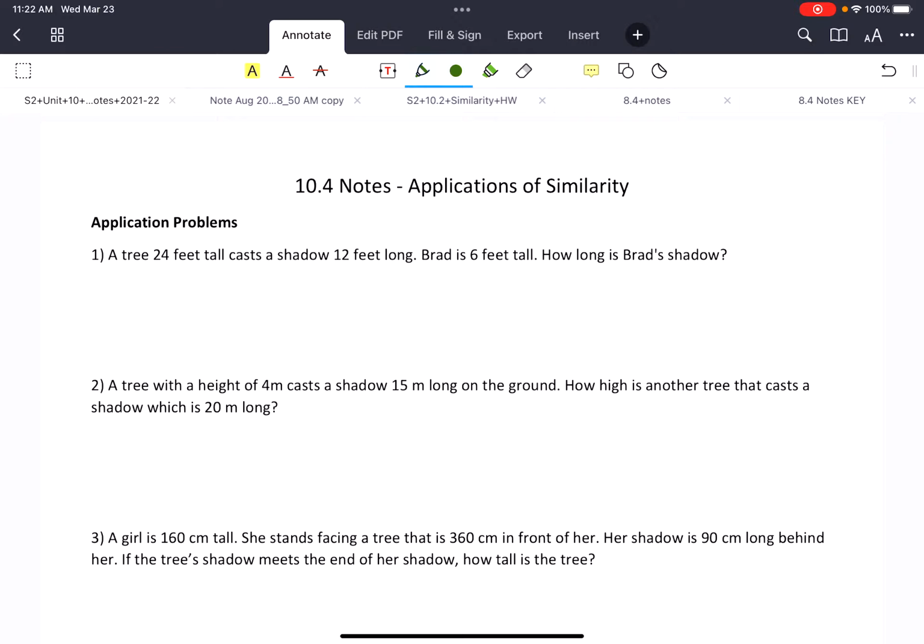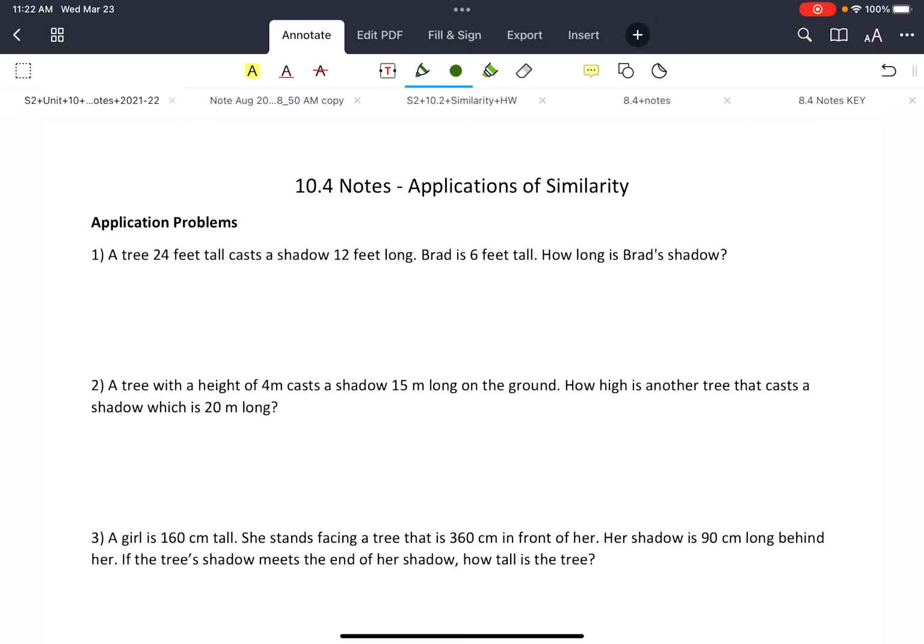Okay, in today's video, it's going to be really short, and we're just going to talk about the word problems associated with similar triangles. So, unlike last lesson, this is more like where we were solving for missing side lengths. So we already know that these triangles are similar, and we're going to use the proportions that come when